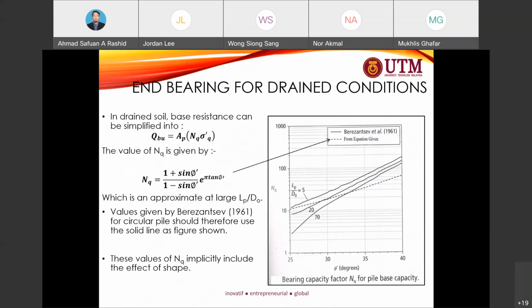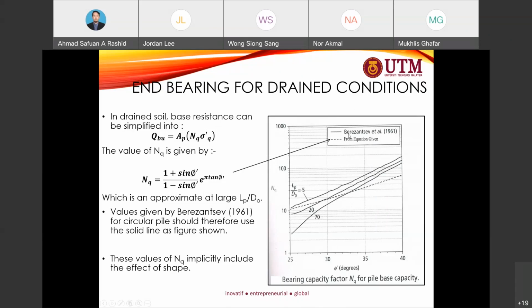So this is for drained condition. In drained condition, soil base resistance can be simplified into QB. This is for end bearing, for the sand. NQ is given by NQ. Either we want to use this diagram,